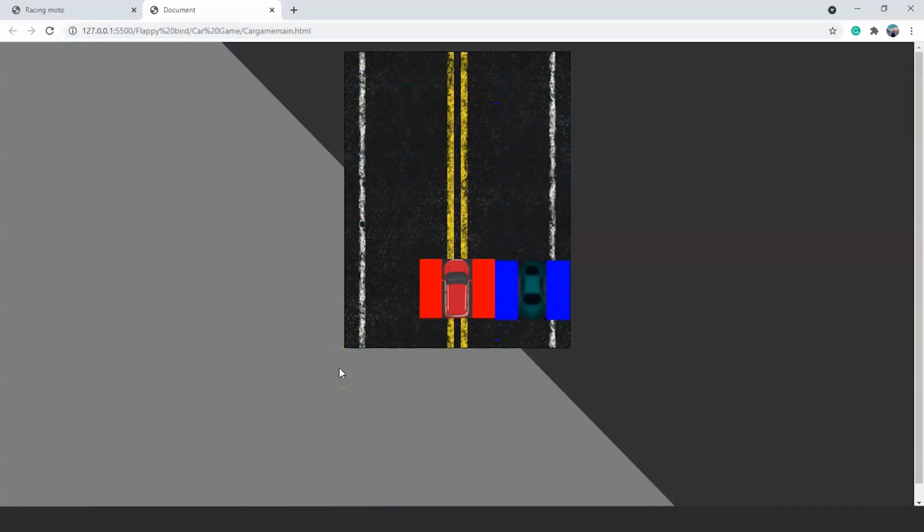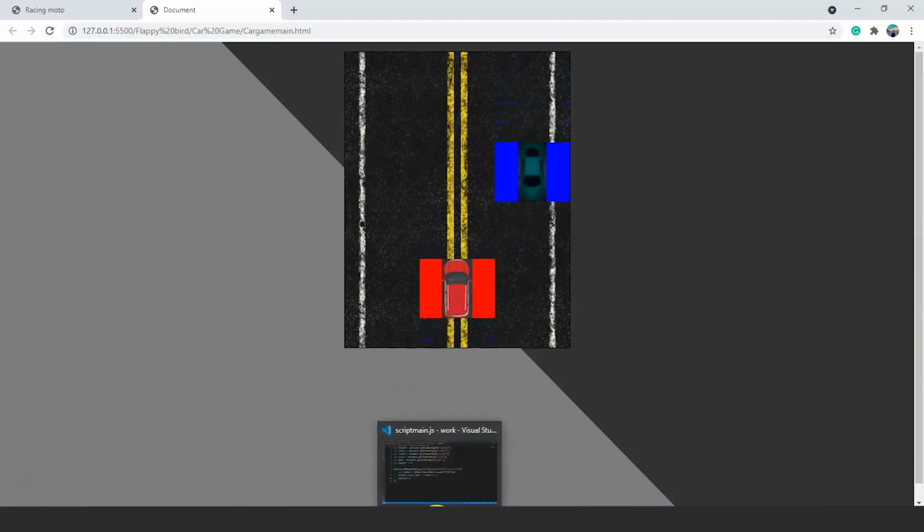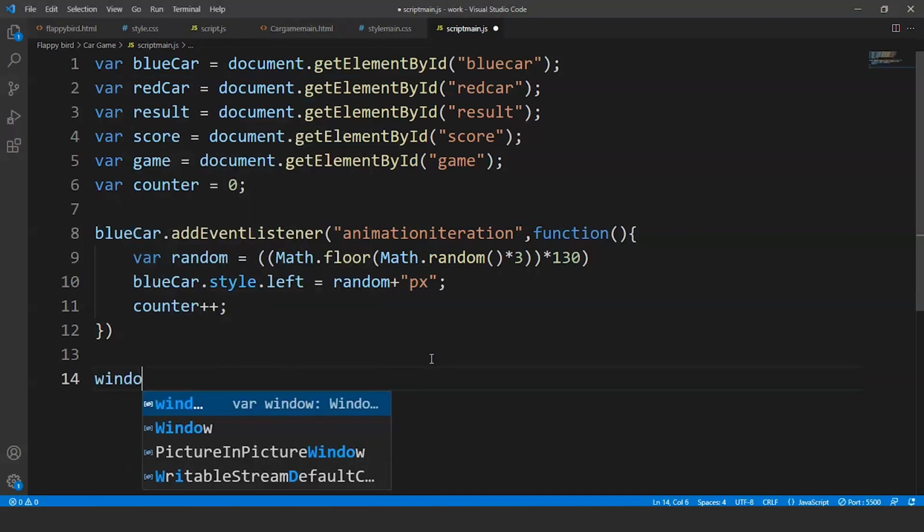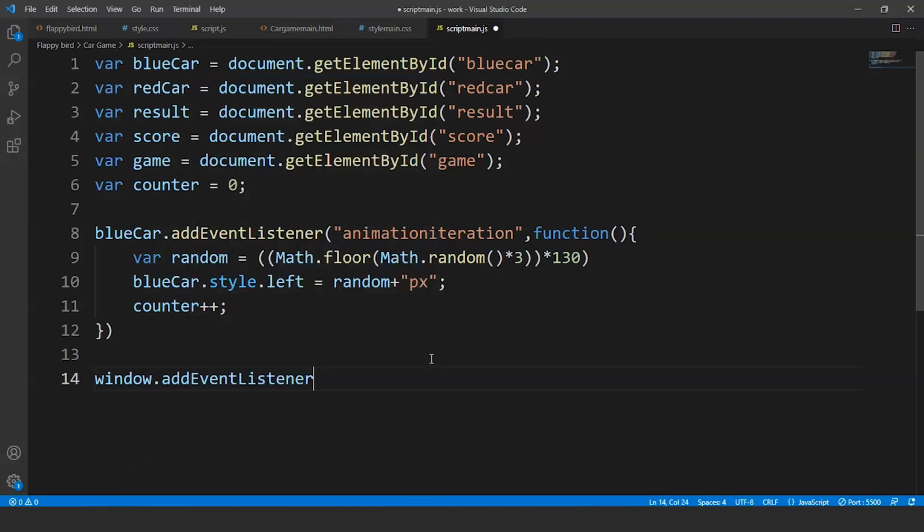So let's move ahead and write the code for moving the red car as well. You can see the red car is not moving as of now. We'll make it move. So let's write the code for that as well. We'll move to the JavaScript file and we'll write here window.addEventListener. We'll add an event here.